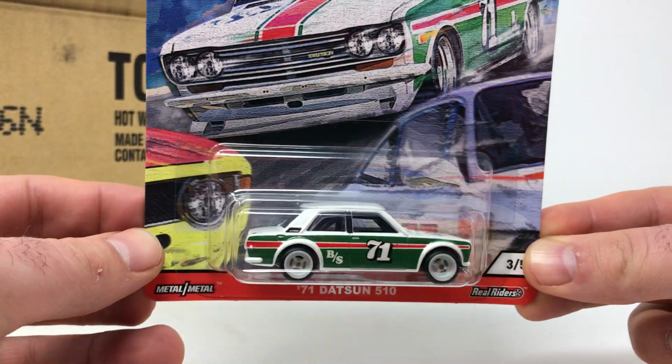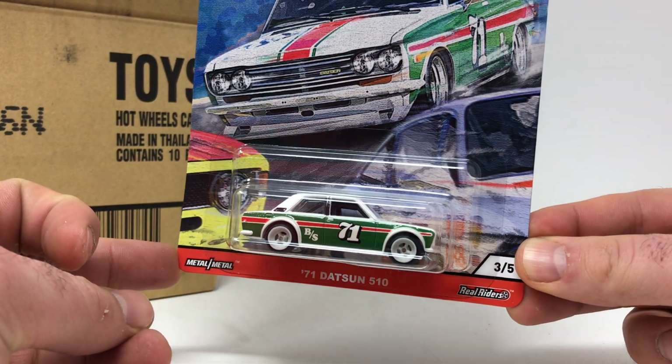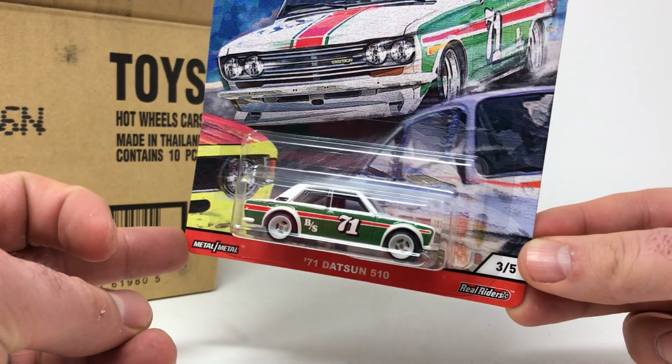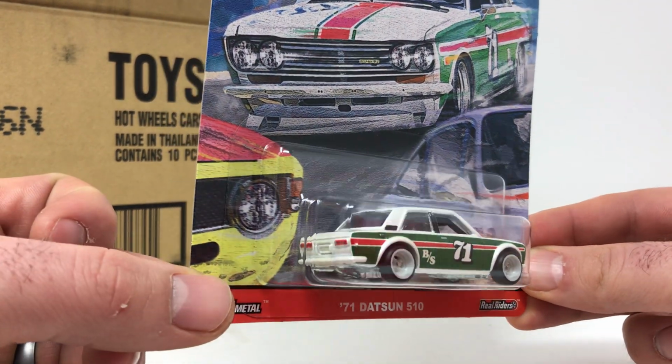Get a good look at the 510. This is one of the most popular cars of the decade, I would say. I think they did this in 2009. And people look for this car everywhere they go. This particular one has white wheels on it. The next car in the case